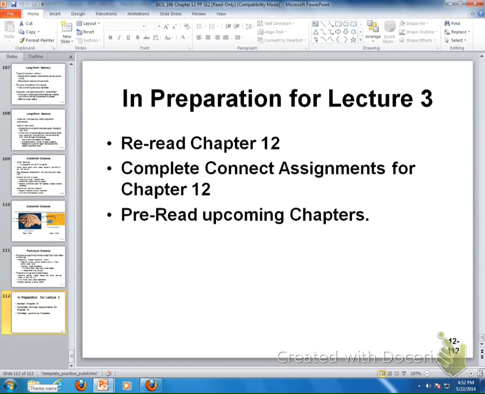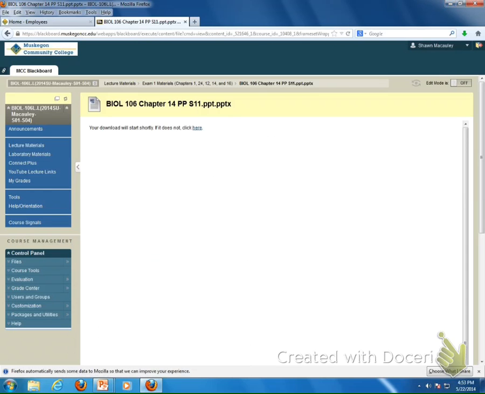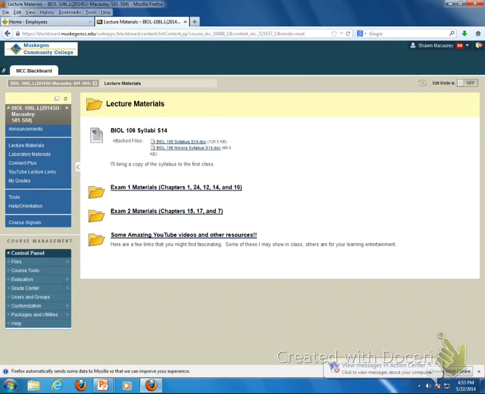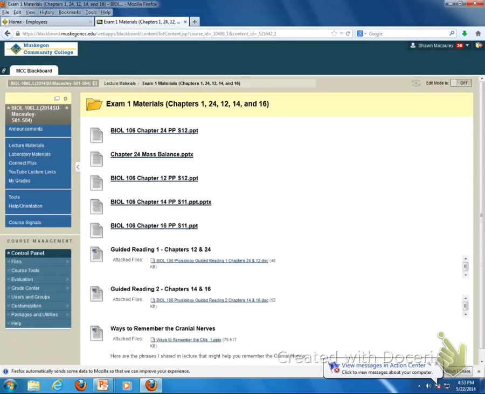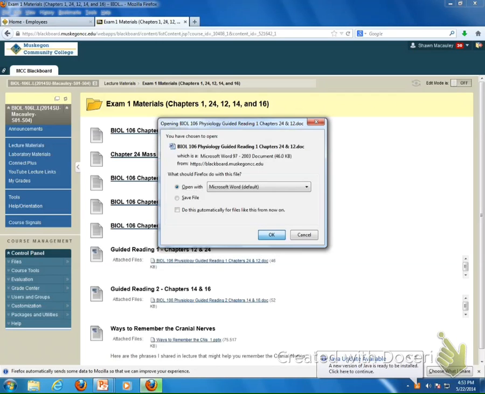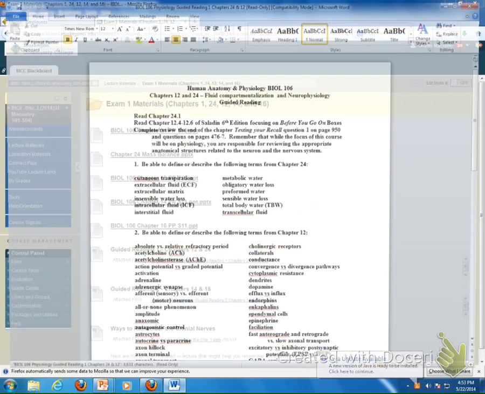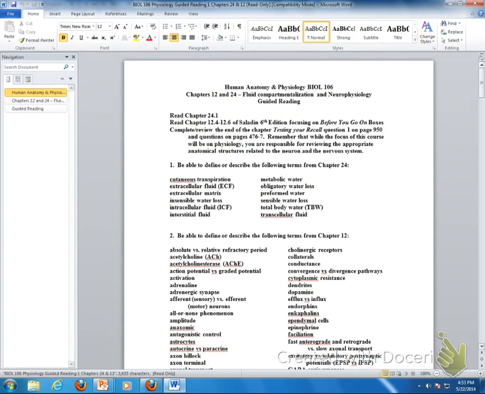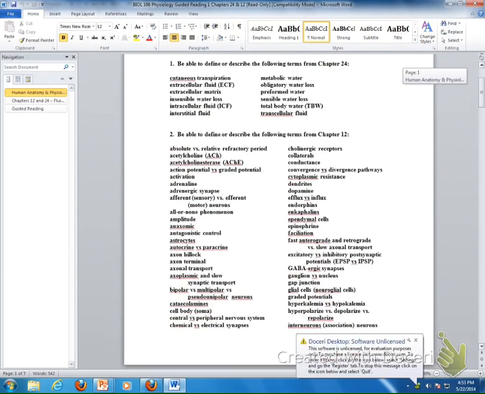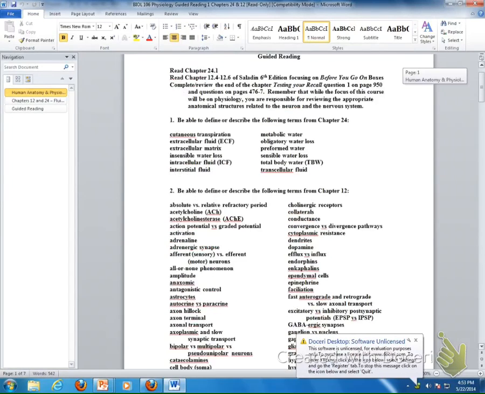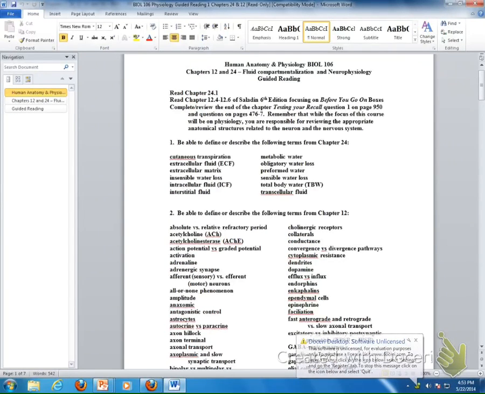And remember that on Blackboard, let me go there now with you. If you go under lecture materials and go under exam 1, you may not have looked at it yet, but down here underneath the PowerPoints, it says guided reading number 1, and this covers chapters 12 and 24. So open that document up, and it's just a Word document. Go to the library and use your free copies there to print this. Now, have I discussed everything in here? No. Right now I'll tell you there are some things in here I've not discussed necessarily,